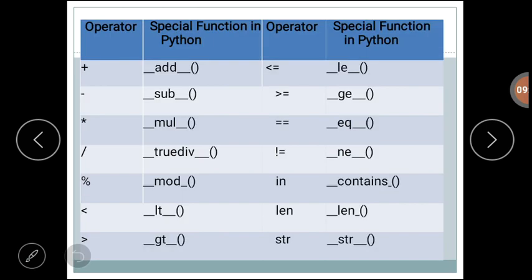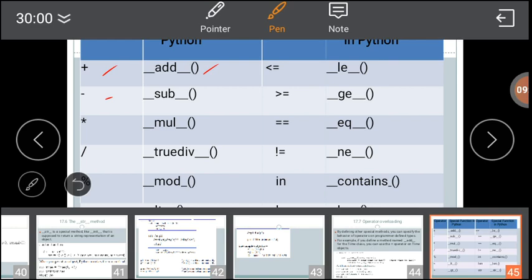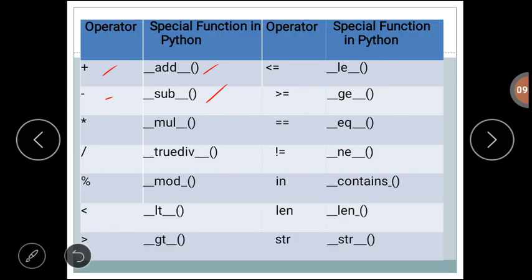In the same way we have different special methods in Python. For the plus operation __add__, for the minus operation we have to use the method __sub__. Again for multiplication, division, mod operation, less than, greater than, less than or equal to, greater than or equal to, not equal to, contains, length, string.